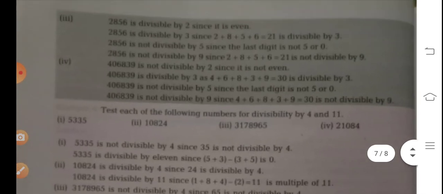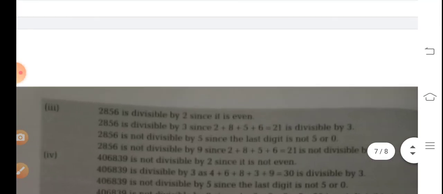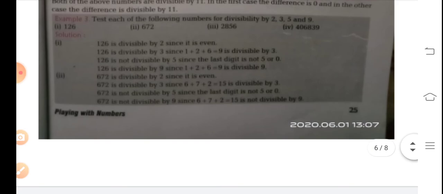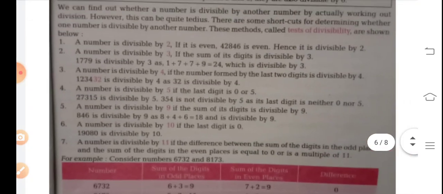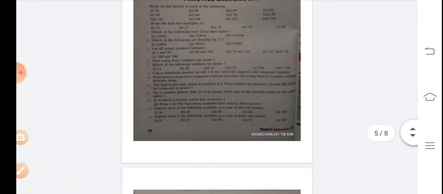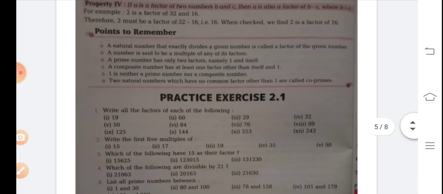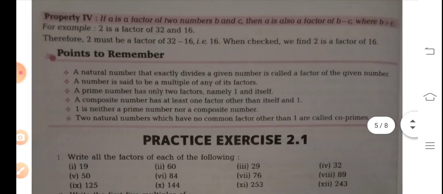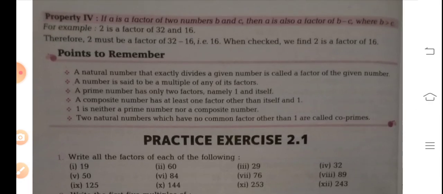Okay, so my dear students, I say to you, firstly you remember these rules and regulations, and you first remember the divisibility test rules. If you do not remember, then you will have many problems. You also remember the points.